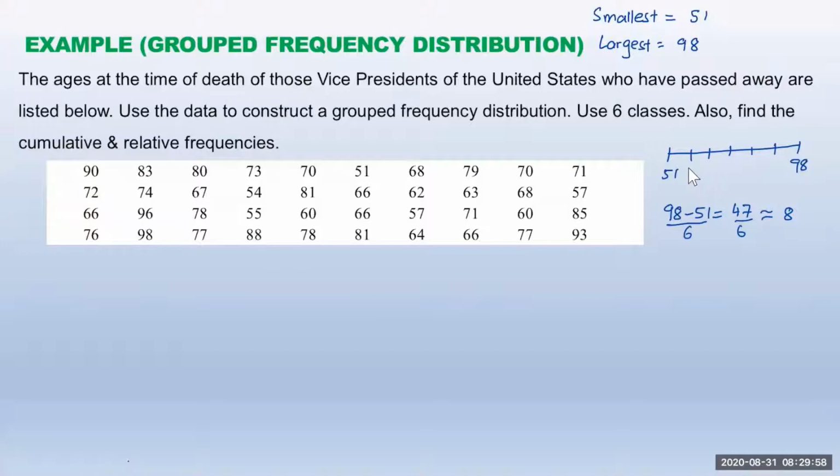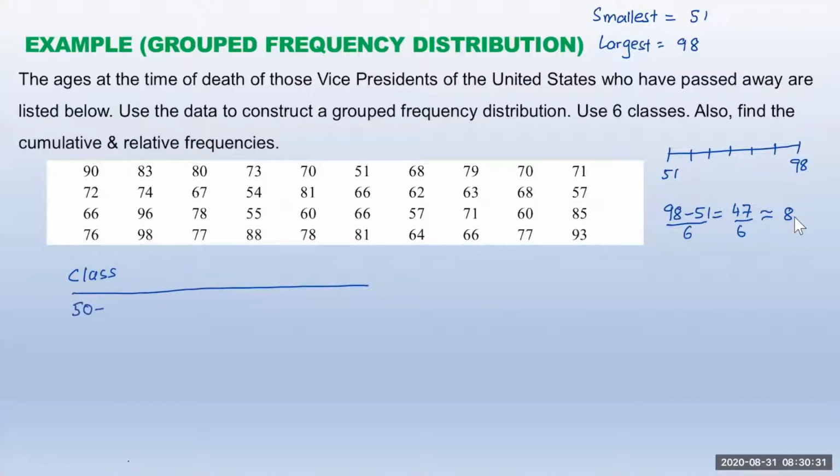51 plus 8. What you can do is, you don't have to start exactly at 51. You can go a little bit down, and you can go a little bit above 98. What is the meaning of that? We can make the class, or you can also call it a group. Here is 51. I'm going to start a little bit down, but I'm going to include all the data. So I'm going to start at 50, and then I'm going to go by